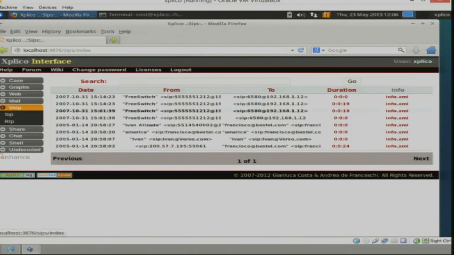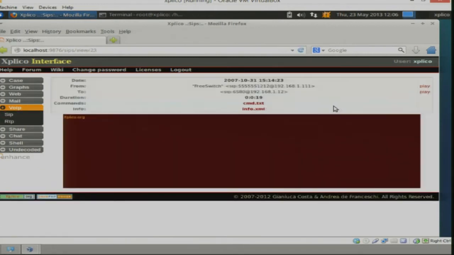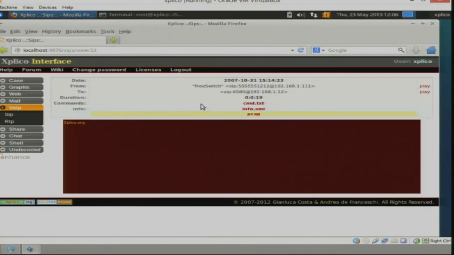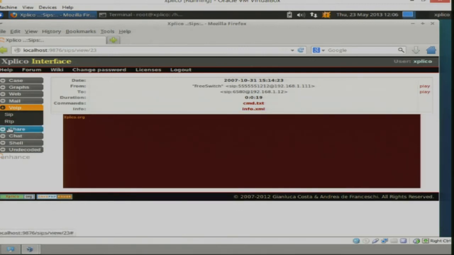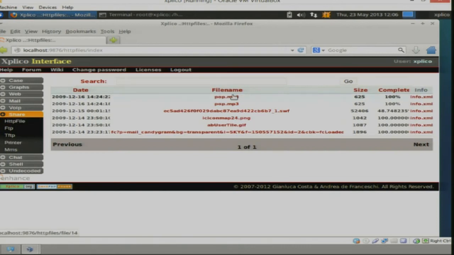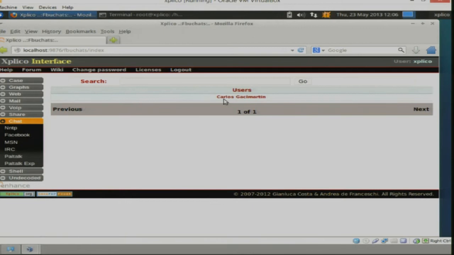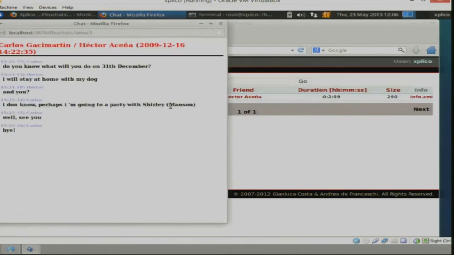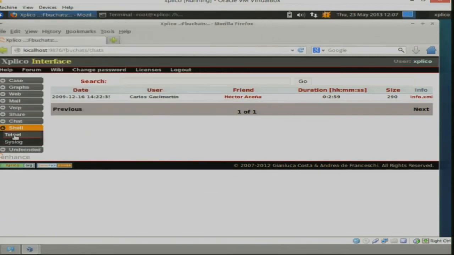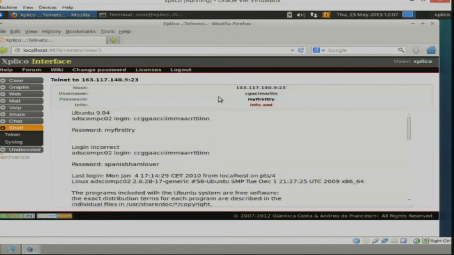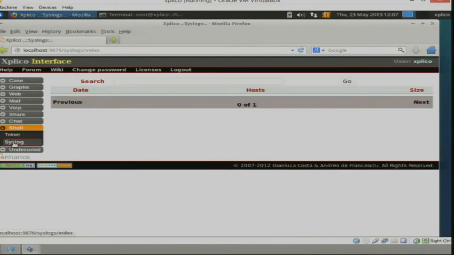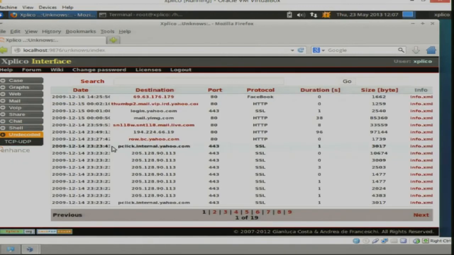You can listen to web calls. I don't think I have sound here, but you can listen. And see files which were transferred. Yeah, all kinds of things. And read chat, for example, read Facebook chat of these guys. There was common traffic in the world, and this is all in the